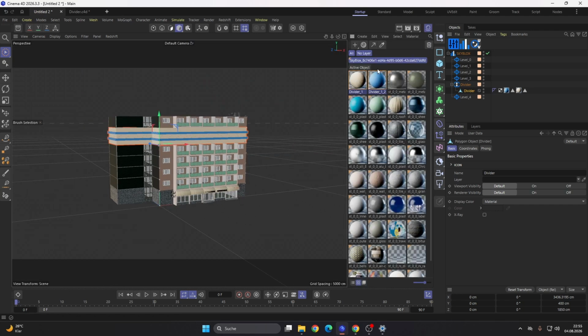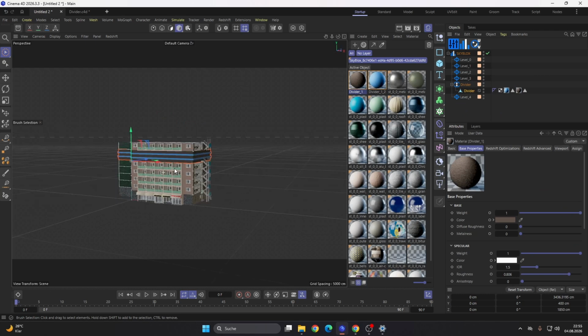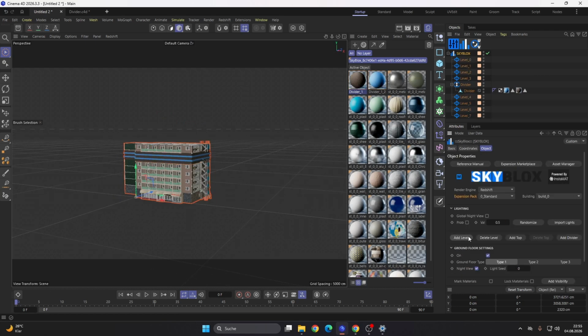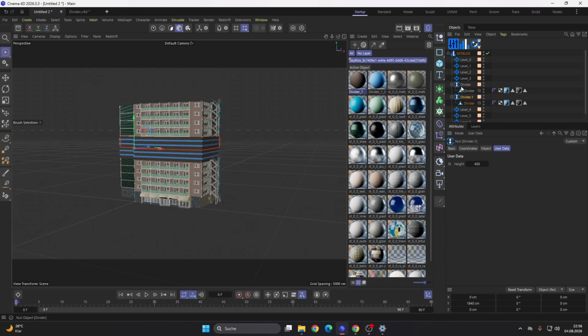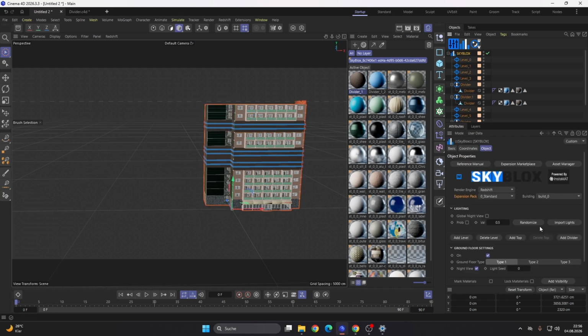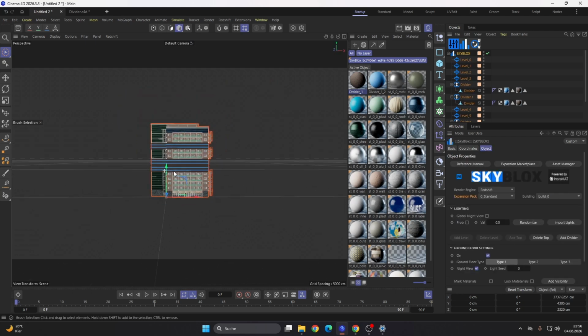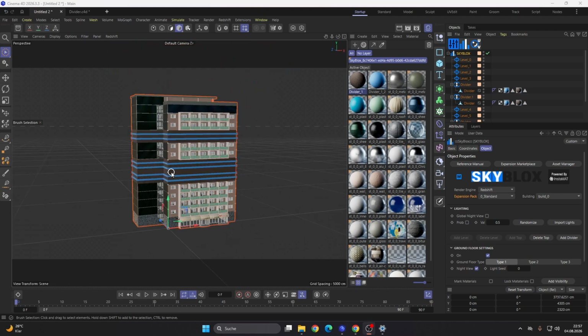So maybe I change the color of the textures a little bit. So here you can break the rules of the plugin and add another level. You can also manually drag the divider here, add another divider here, or you simply add one here, for instance, and then you can also add another top. So you can break the rules of the building a little bit, or you bring in futuristic stuff here and so forth. As I mentioned, in the future I could release new levels specifically for certain building types using dividers to make the plugin infinitely expandable.